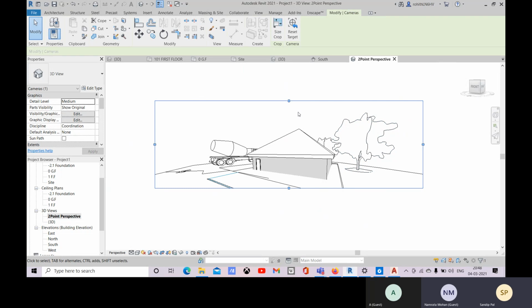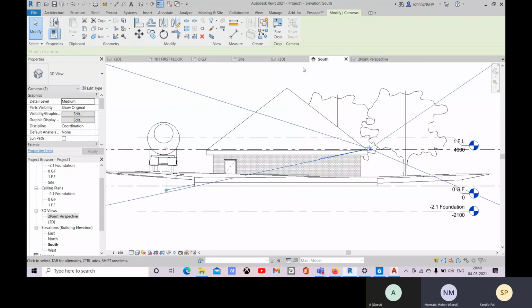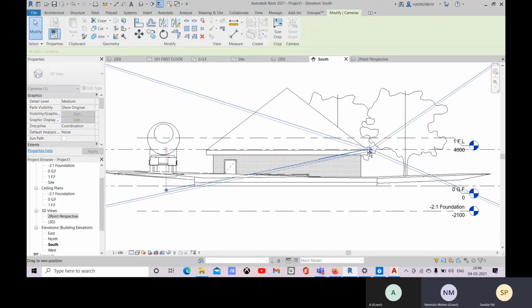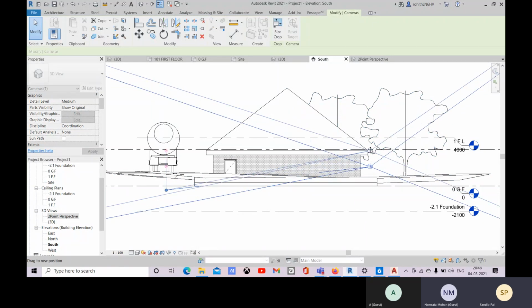Come to this camera view, and then select this, and then come to this south elevation, and then you can change the position.